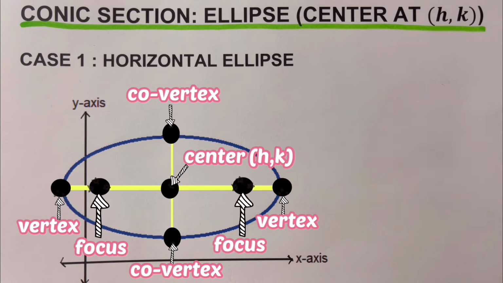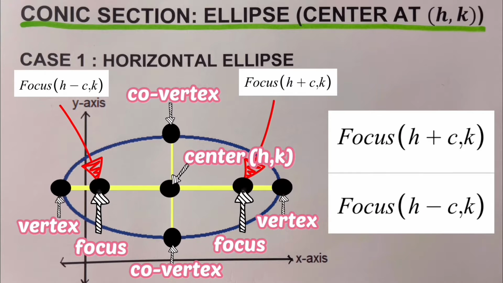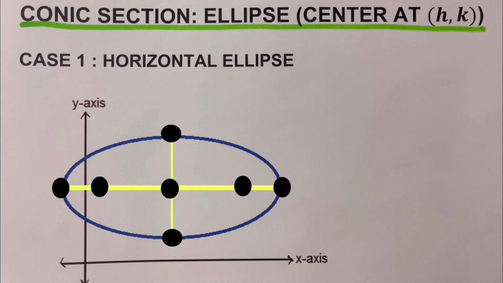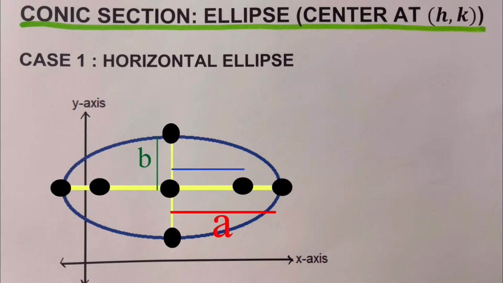Another part is the focus. We remember that the coordinate of the focus for this case, which is the horizontal ellipse, is represented as (h ± c, k). So this is the coordinate of the focus, again, for the horizontal ellipse. We remember that the distance from the center to the vertex is represented as letter a, while the distance from the center to the co-vertex is represented as letter b, and the distance from the center to the focus is